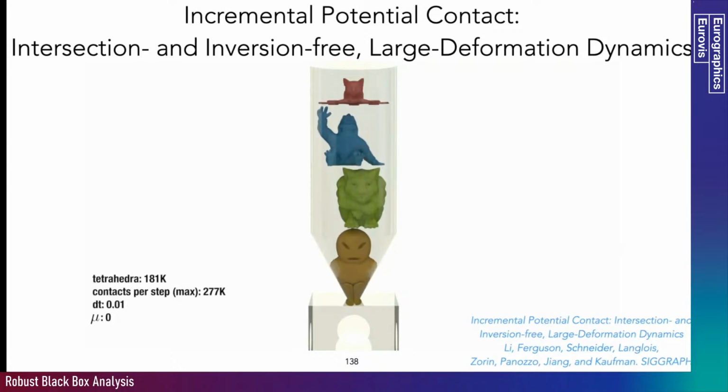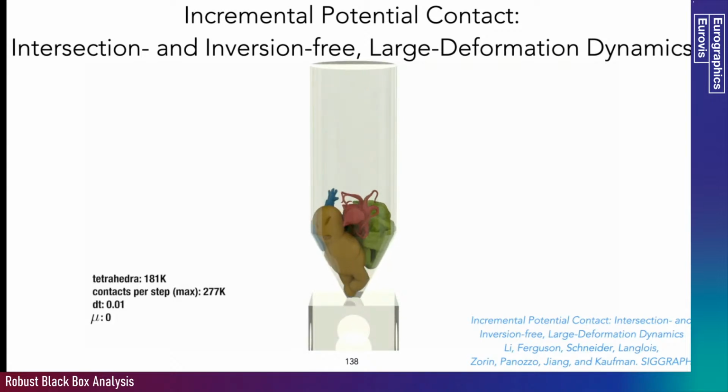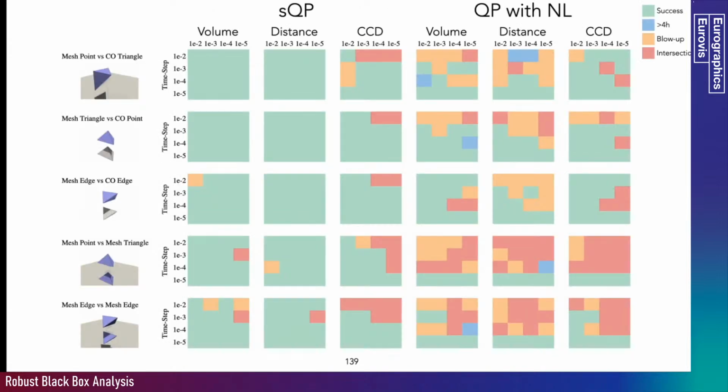So this is based on a recent paper we just published at SIGGRAPH, called Incremental Potential Contact, IPC. And the whole goal here is to run simulation robustly. In the very beginning, we showed you this state-of-the-art simulation software, and for this super simple simulation where we had just two squares colliding with each other, there were massive failures if you had the wrong parameter. And this is true not only for